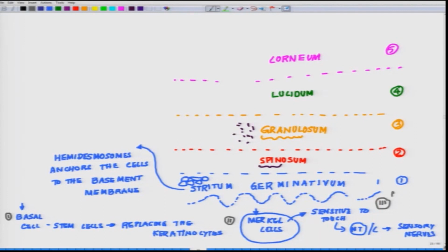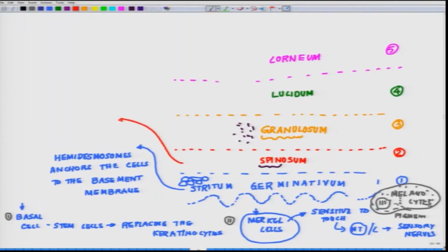In other words, the pigment cell or melanocytes. It is these melanocytes which give all that dark coloration what is there in the skin, okay, or these are the pigment cells. For the time being, this is what you have to understand about stratum germinativum. Now, next we will go to